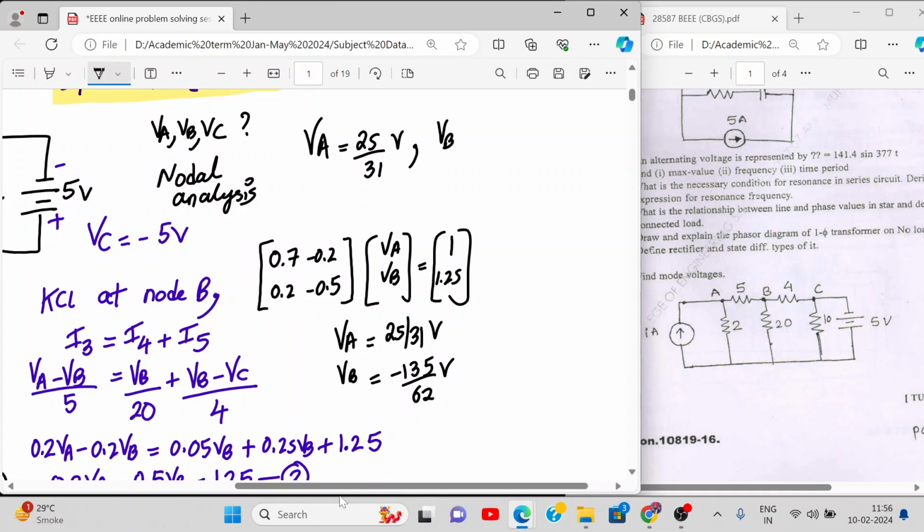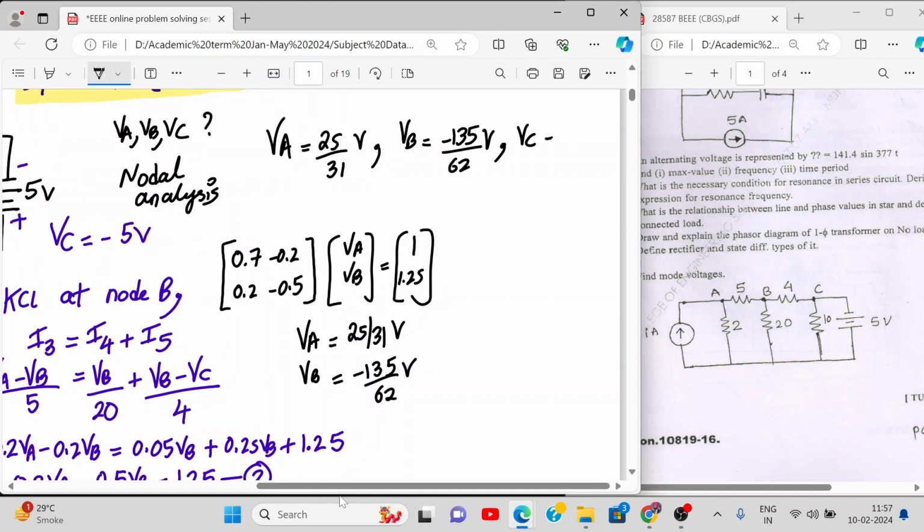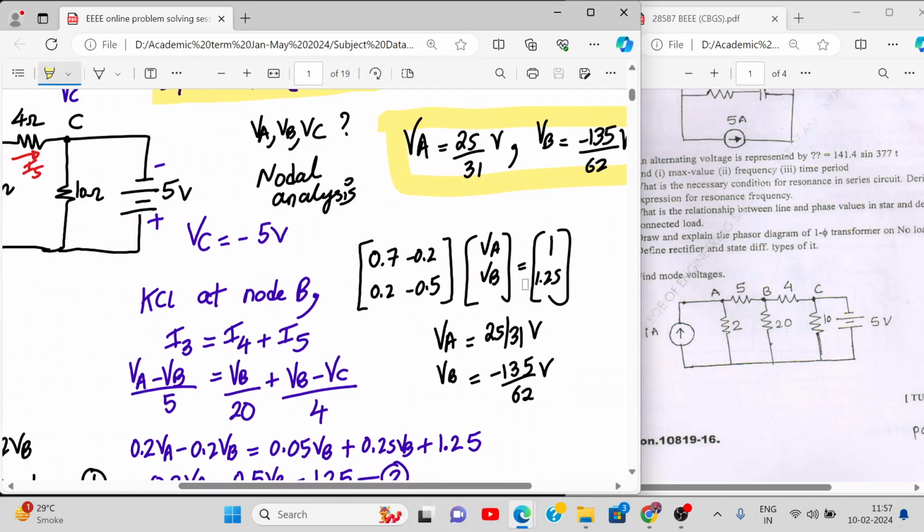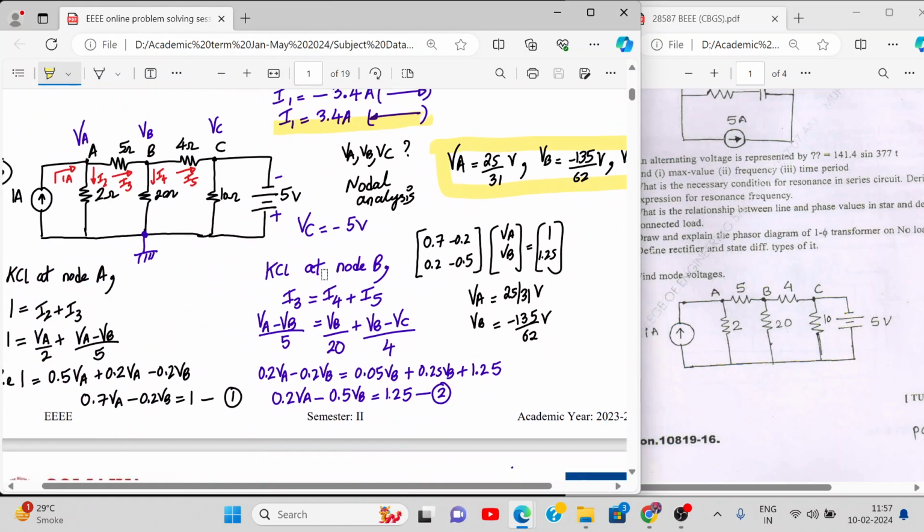Or does anyone else got it? Minus 135 by 62 volt, and VC voltage is minus 5. Correct? Yes or no? Anyone got this value correct? Yes, sir. Okay, now I'll teach you something which you will be learning and which will be using for your